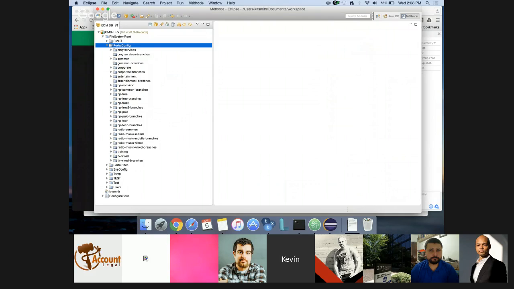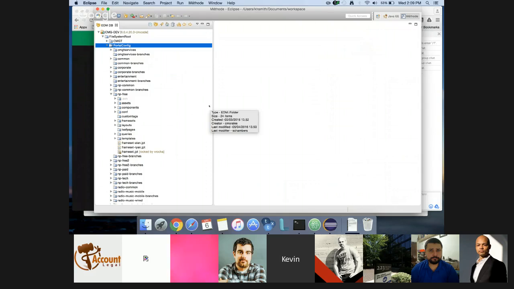All the folders in here represent a code base for a particular product line, like free sites or paid sites or radio. I've been on the free sites team, so I'm going to go into np free here, and under here there's all the little gadgets and doodads to make Method